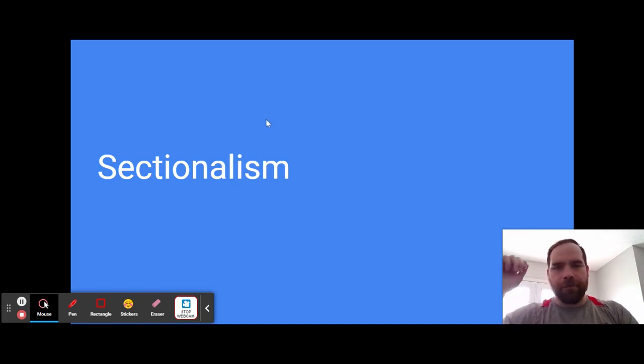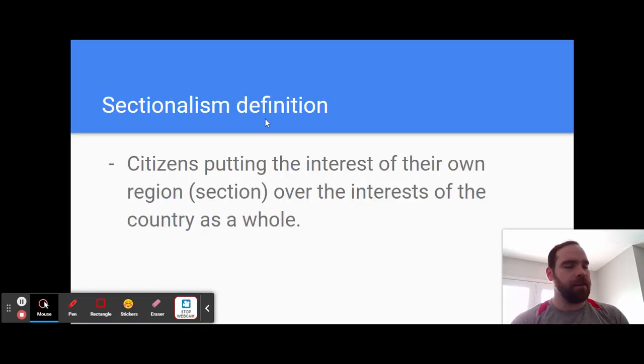And let's dive right in. So, definition, and this is maybe a few words different than the definition that we had before, but it's basically the same. Citizens putting the interests of their own region or section of the country over the interests of the country as a whole. And so